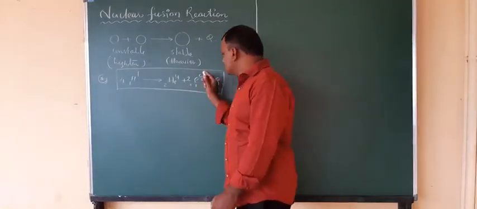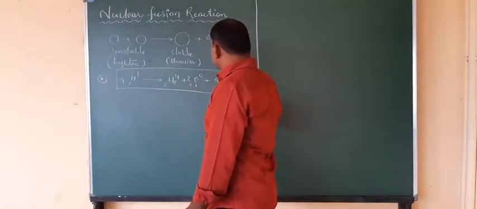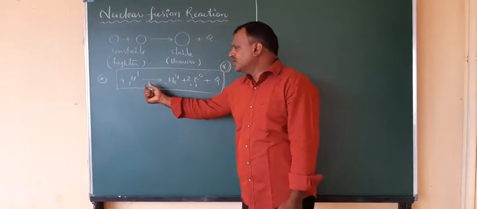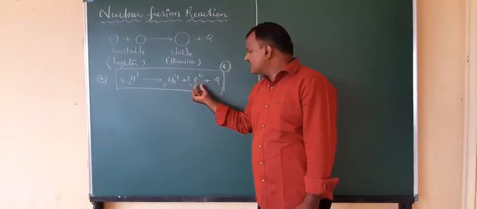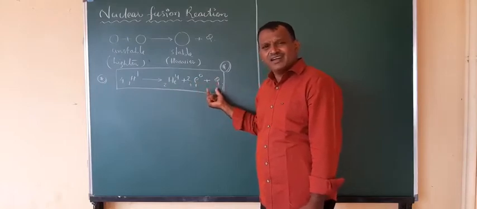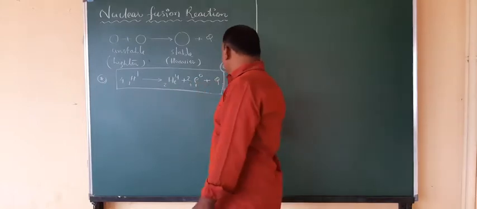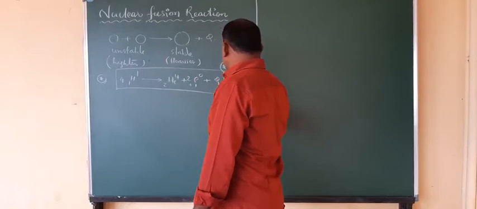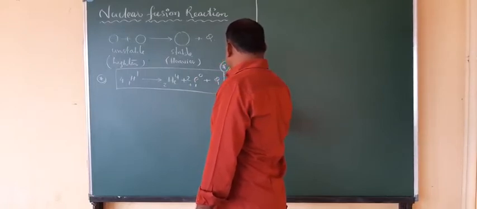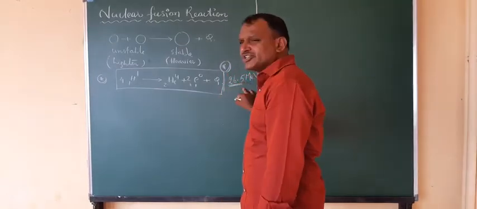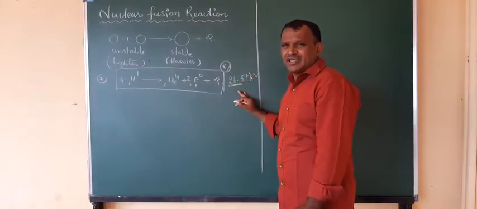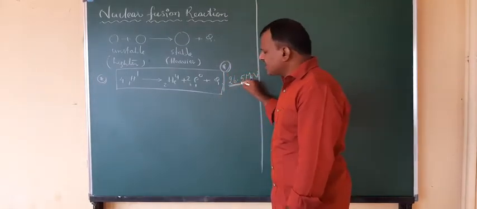So these reactions can take place. That is the observation here. 4 protons are combined and you get a helium nucleus along with 2 positrons and energy. So this energy is about 26.5 million electron volts. Sometimes this will give 26 or 25.7. So it differs, but it is nearby 26.